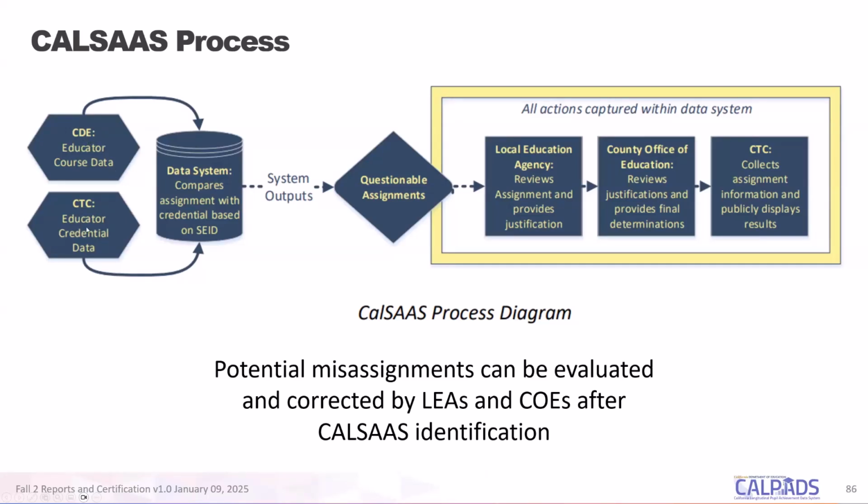All right, so just to overview the CalSAS process, the data collected in CalPADS is not final, right? You have the data that's in CalPADS and it comes from your student information systems. Those assignments that are deemed to be exception or questionable will then be reviewed, right? They're going to go through CalSAS. CalSAS is going to say, hey, none of this looks right. What do you have to say about it? So the LEA, your district, and the county office, which most often is your monitor, will be able to review the data and provide clarification. So nothing in CalPADS is final, right?